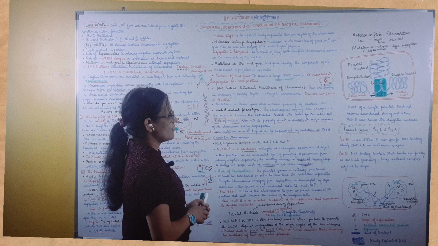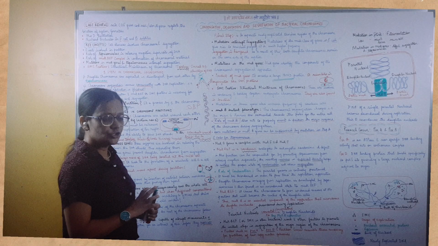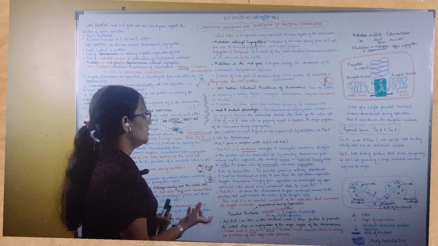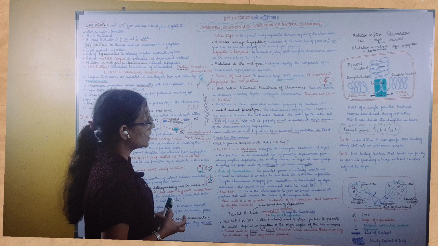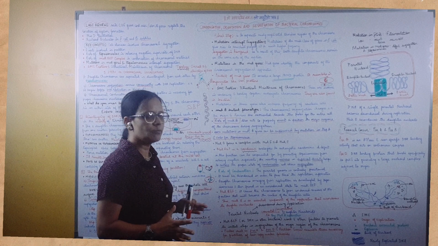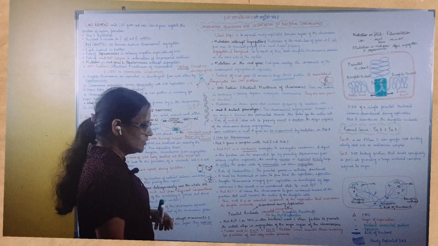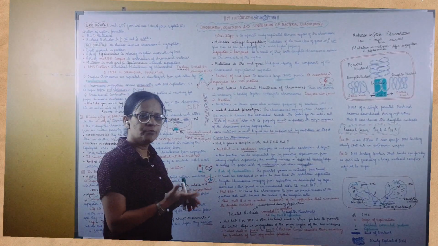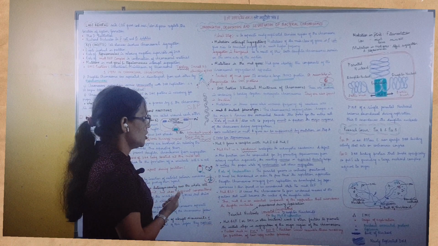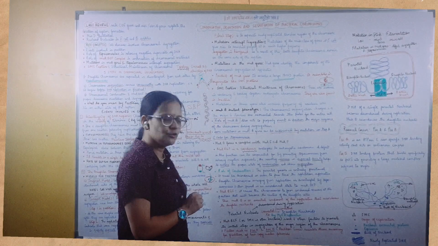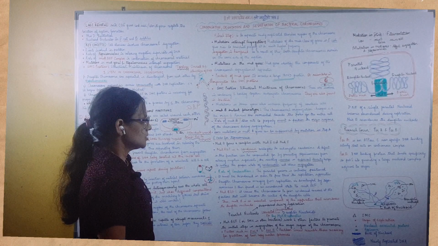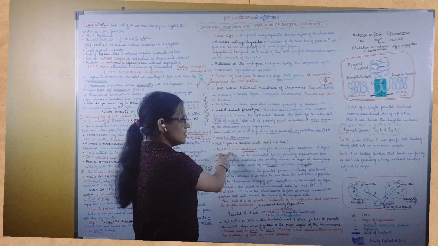MukB mutant phenotypes have been studied. To understand the wild type functioning of the gene, you will have to study the mutant phenotype, right? So when the MukB mutant phenotype was studied, it was found that there was a problem in segregating the chromosomal material. That means there was no proper segregation of the material. It means that these MukBEF genes are involved in orientation and segregation of the chromosome. So this is how mutational studies help you in understanding the actual function of the gene, right? So this MukBEF is a condensin.